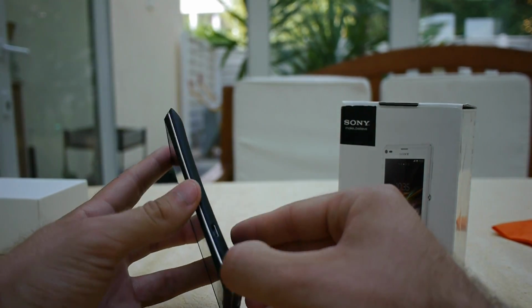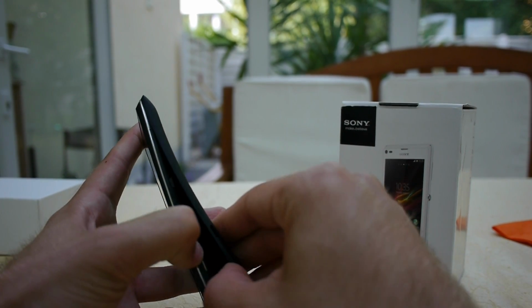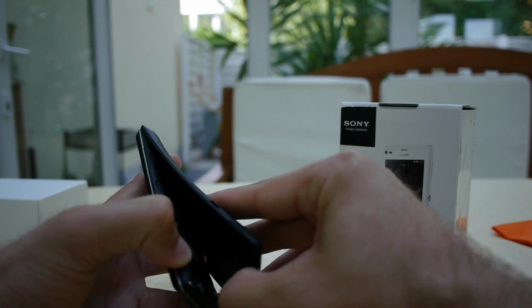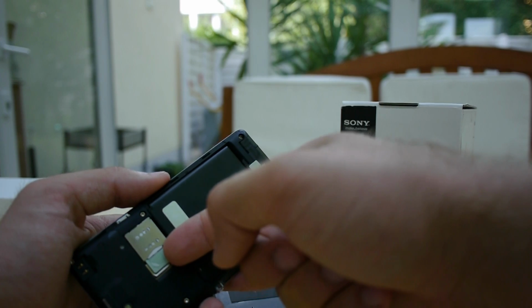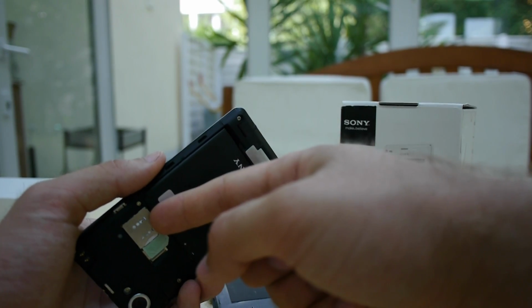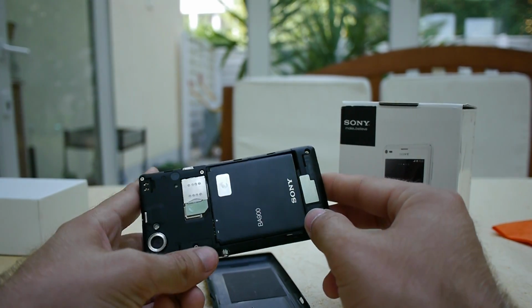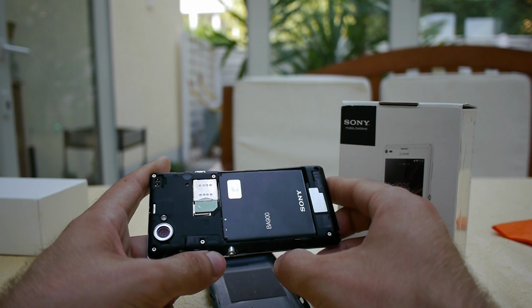So NFC is under the cover. You can take off the cover and put inside the battery. When you first buy your phone, you have to insert the battery yourself, and right here under the standard SIM card, this is not a micro SIM, a standard SIM, you have to insert your micro SD if you have one, but I recommend buying one since this has only 8 gigs of internal memory, from which are